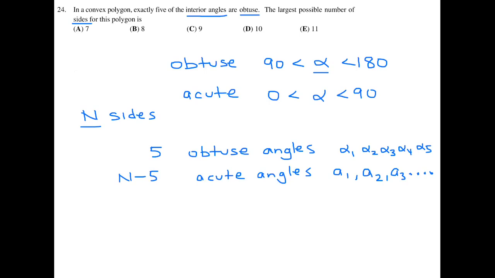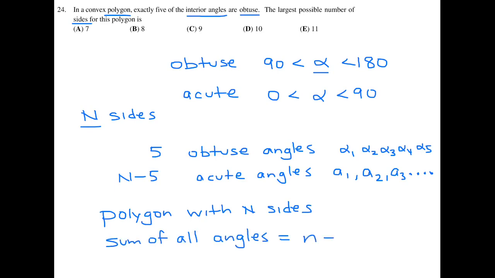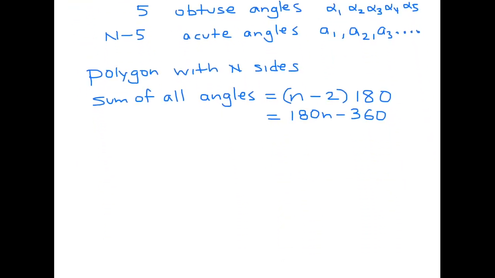Now, one very important thing you need to remember is that if a polygon has n sides, the sum of all its angles are equal to n minus 2 times 180. That's just a standard rule. So we can further simplify this as 180 times n minus 360. Okay? So now we have